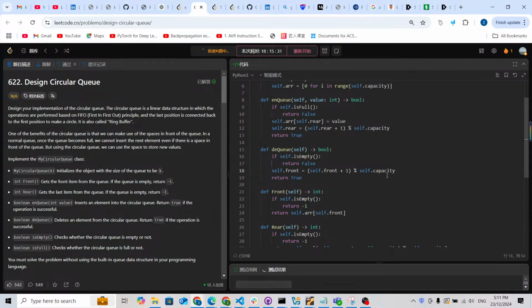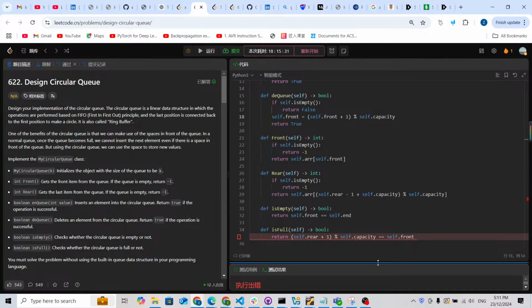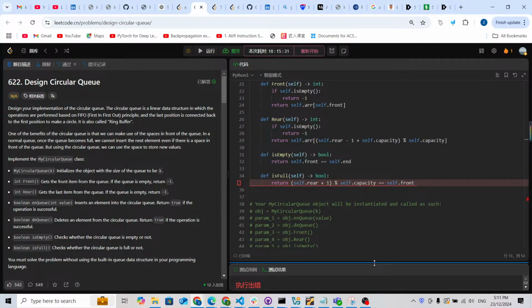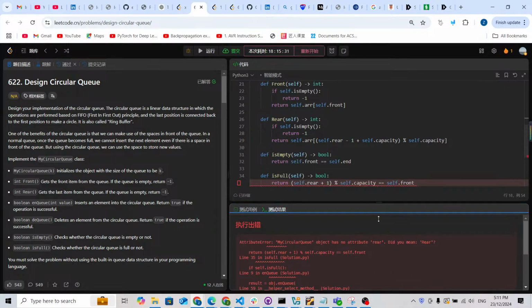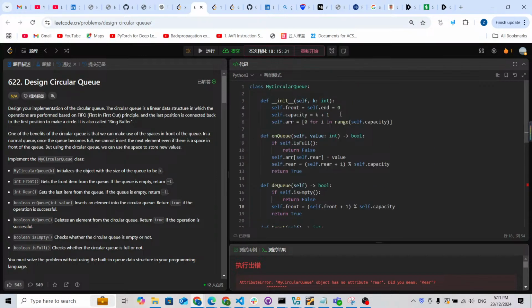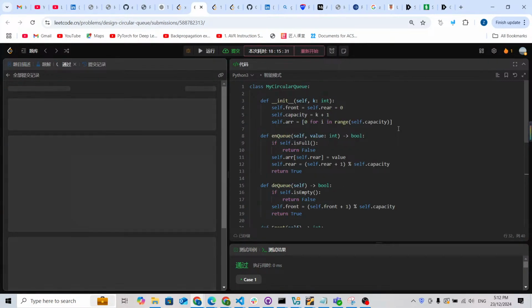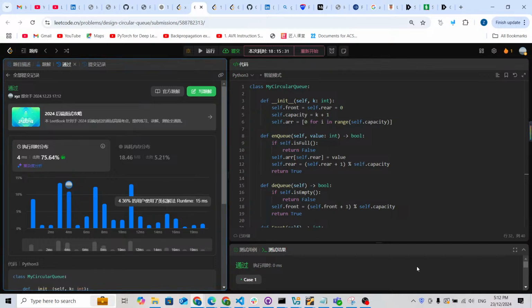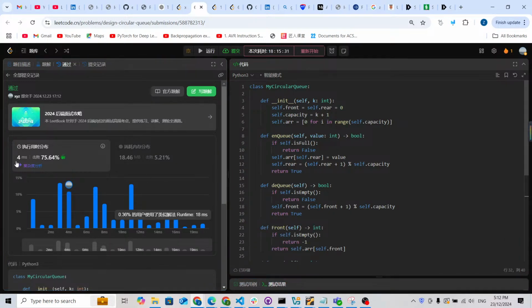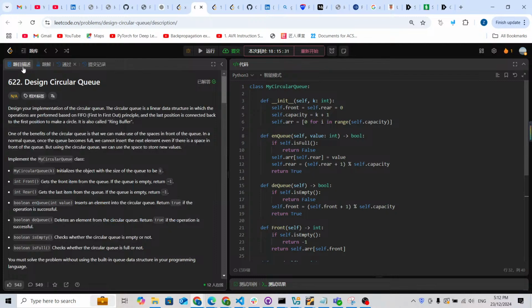Now let me just run it to check if this is okay. Rear, I did something wrong with the rear. I didn't prepare this. It should be the rear, not the end. This is the rear. I will use the rear, not the end. Now as you can see, it works. Now let me just submit it to prove that it can pass. As you can see, it passed all testing cases,